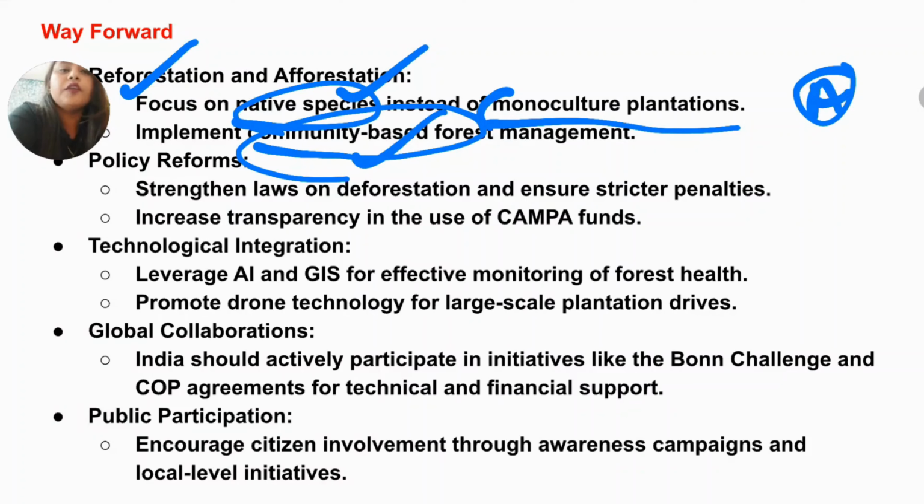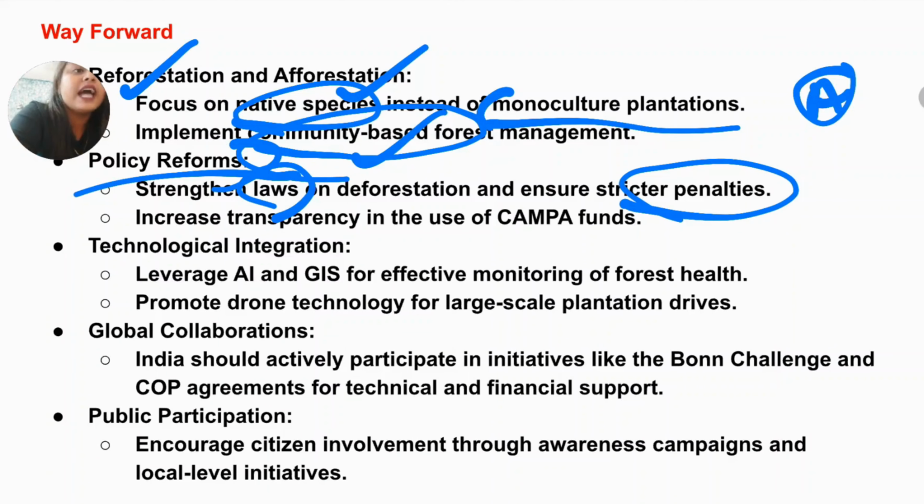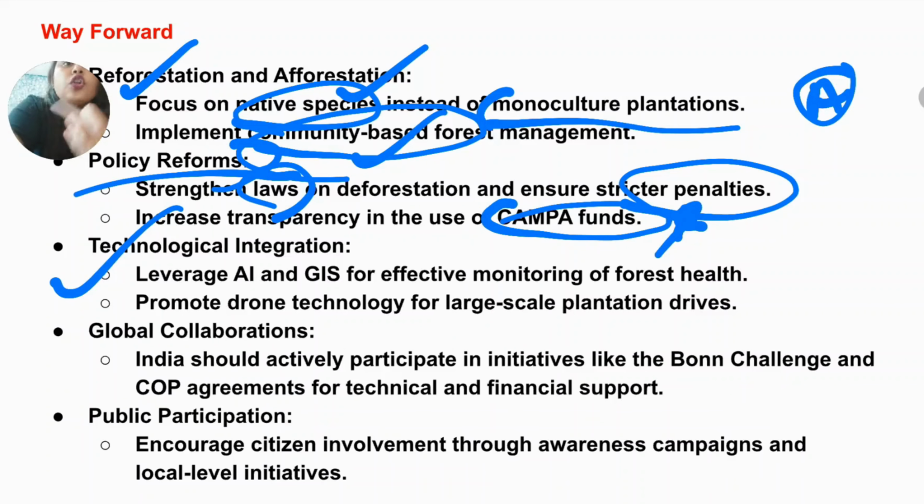And most importantly, for that to happen, we have to do policy reforms wherein we strengthen the laws on deforestation and ensure stricter penalties, and the use of CAMPA funds has to be more transparent and accountable. And we have to involve more technological aspects. More advanced technologies are in the picture. So we have to use technologies like AI and GIS